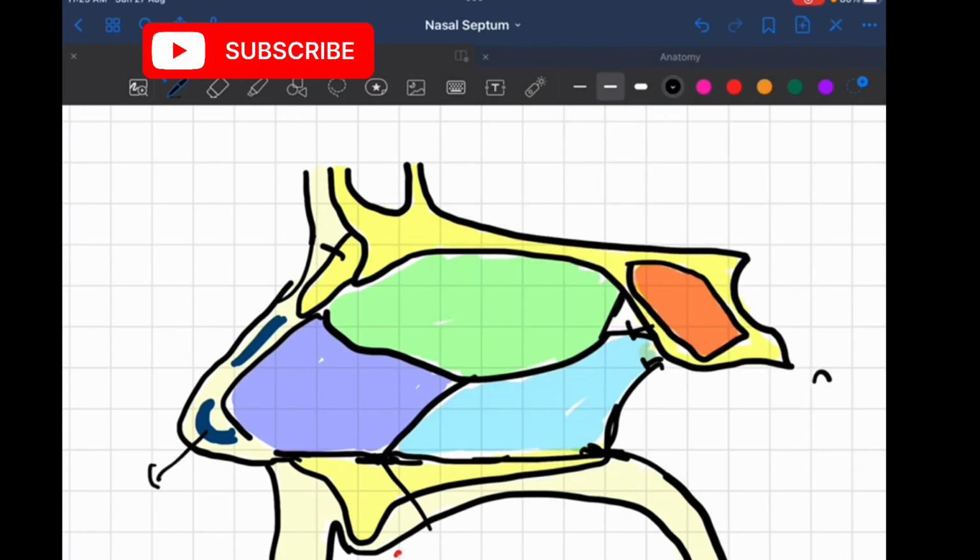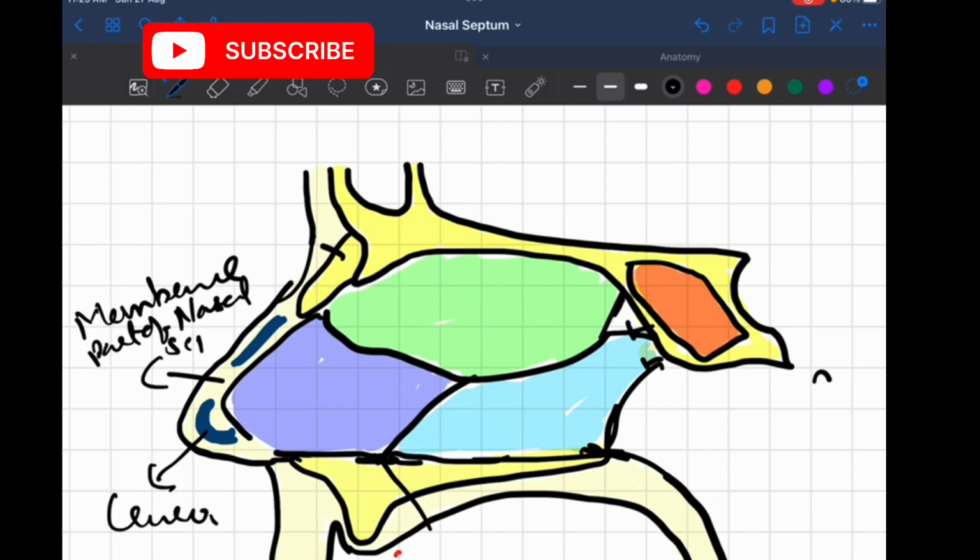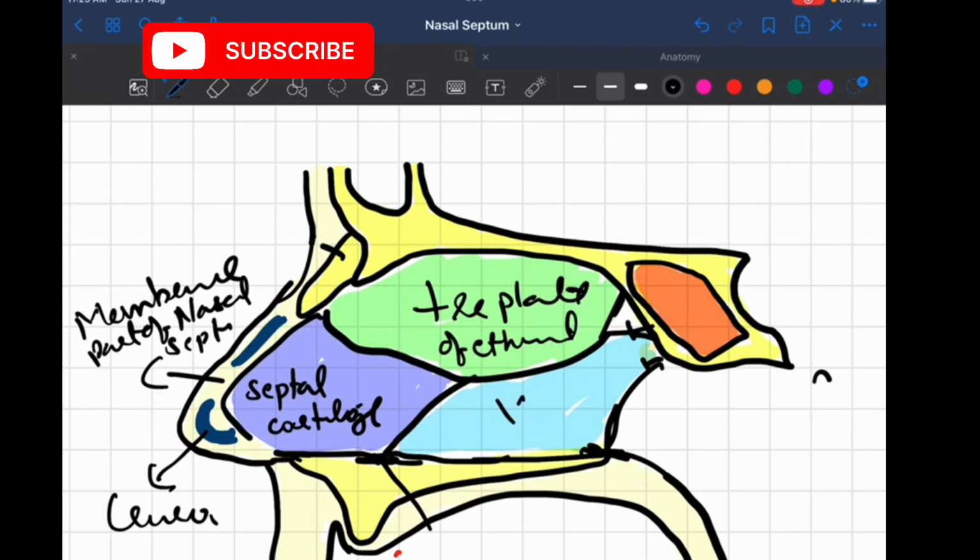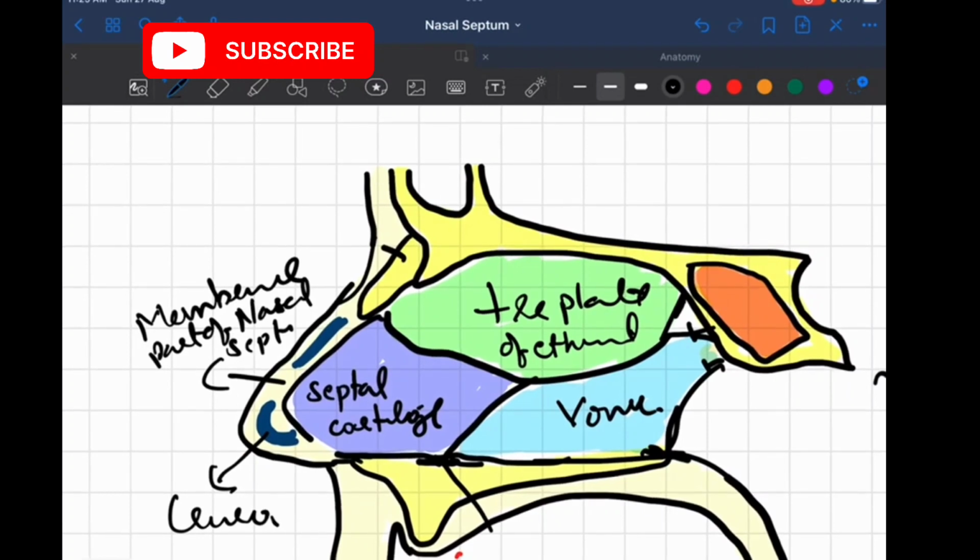This is the crura, and this part is the membranous part of the nasal septum. This is the septal cartilage, quadrangular in shape, and this is the perpendicular plate of ethmoid. As we said in the earlier video, the perpendicular plate of ethmoid and vomer are the major contributors to the bony framework of the nasal septum. The other small contributors are the rostrum of sphenoid,